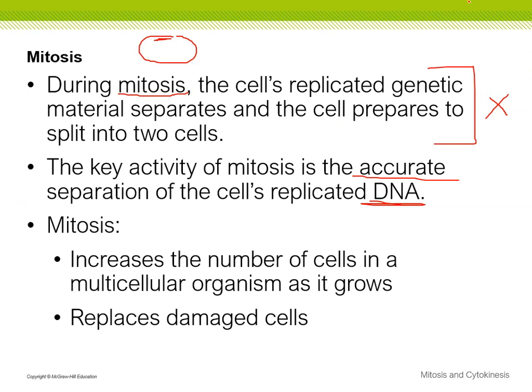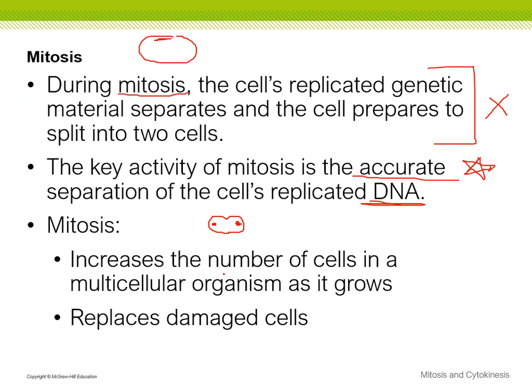But yeah, so the key thing here, and this is important, is mitosis needs to be done accurately because we know the consequences when it's not. So basically, what mitosis does, remember, this is when you have that one cell and it's getting ready to split into two. Here's my DNA material on each side. So it's getting ready. It hasn't split yet. It's still one cell that's just starting to rip apart.